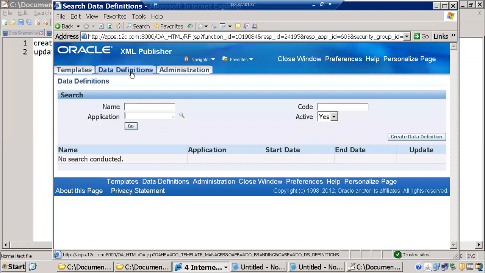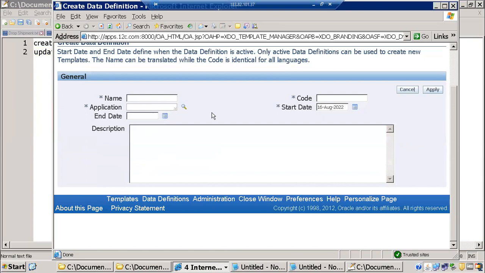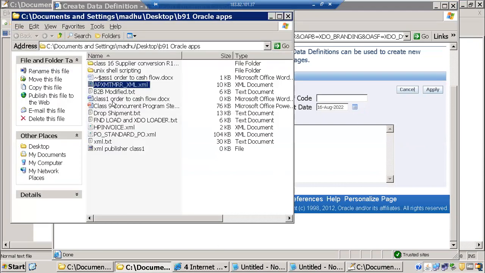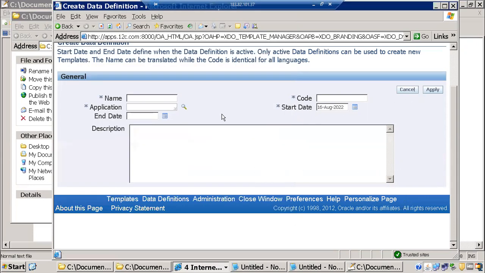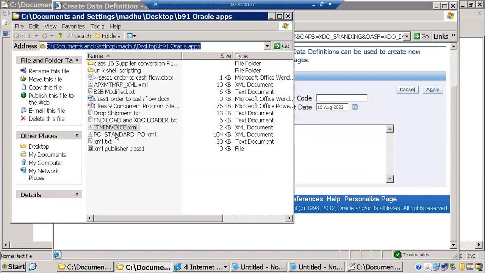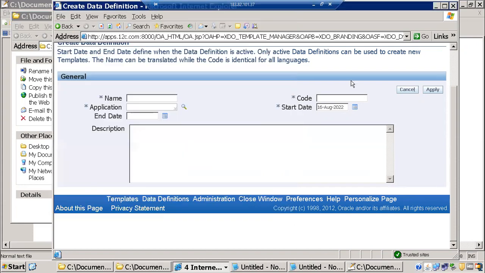First step itself, we have to create a data definition. Usually we'll keep the name of the file here. So whatever the file is there, same thing only I'm keeping. I'm just giving the ITM, it's a client name ITM I'm taking. Take the name of the file here. Code name, application, variables,